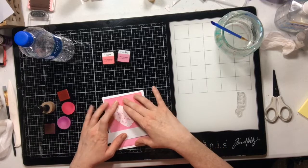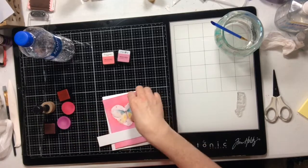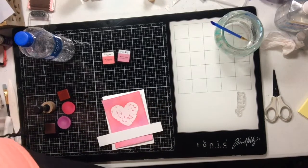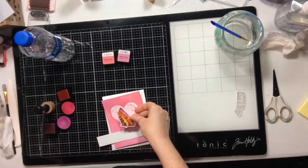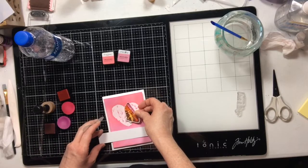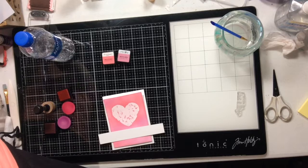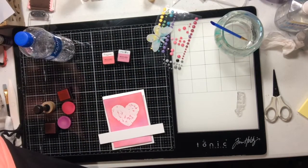So I decided that the colors for this layout are going to be pretty much pink and yellow, and I'm going to incorporate this fun little acetate butterfly. This is a new product in the Altenew store, and they're really fun, and they're gigantic. I also thought about using one of these cardstock stickers and trying to decide which I liked better, but it wasn't a hard decision to make, because as soon as I put the acetate butterfly down, I loved it. So I'm going to go ahead and collect together all these different pieces,